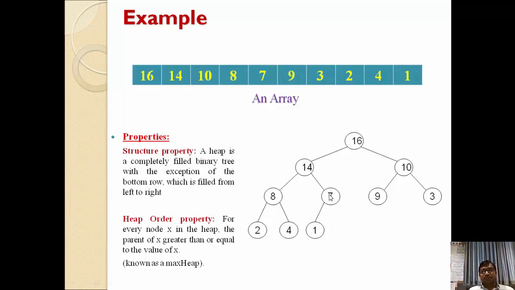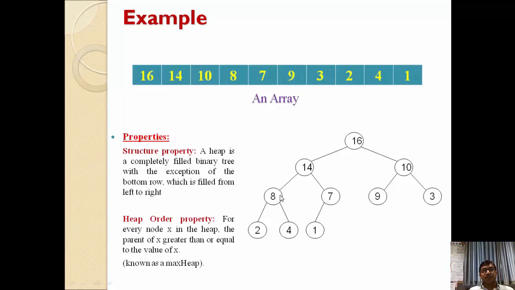So here we need to check this parent node, which has one child node, that is the left child node. The value of the parent node is 7 and the value of the child node is 1. So it satisfies the heap property. The max heap property says that the parent node must have a maximum value than the child node. So the parent has a value 7 and the child has a value 1. It means that it satisfies the heap property.